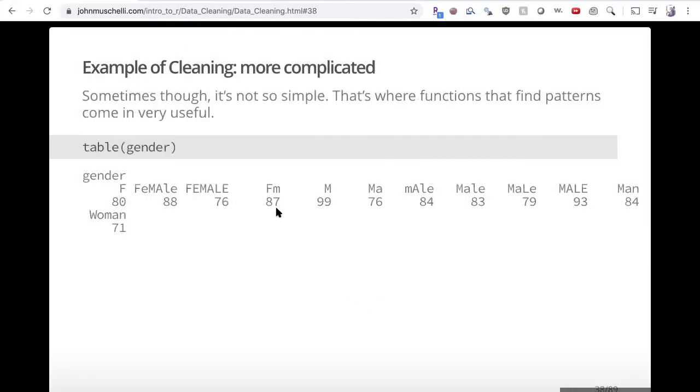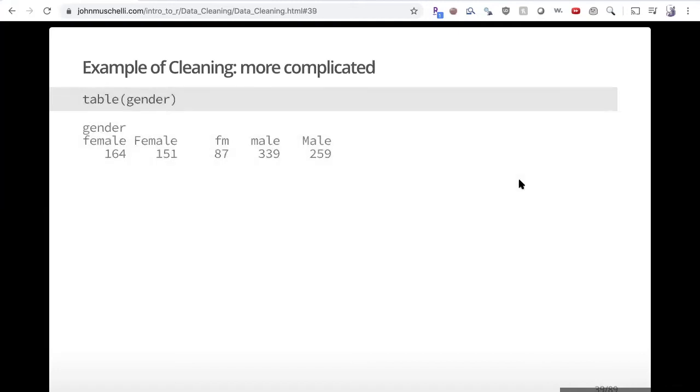After that, if we want to see all the different versions that people have encoded gender in this data set, we can see that here, for example, male, MA, different spellings and things like that. We could use the functions to lower or to upper to make everything uppercase or lowercase, or we could do a lot of recoding. I don't know if that's more complicated, but